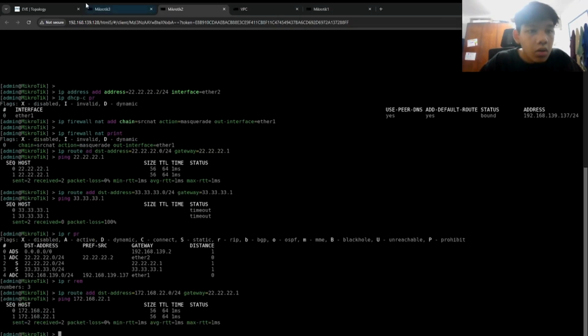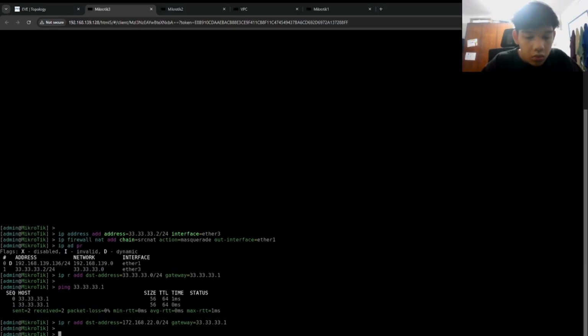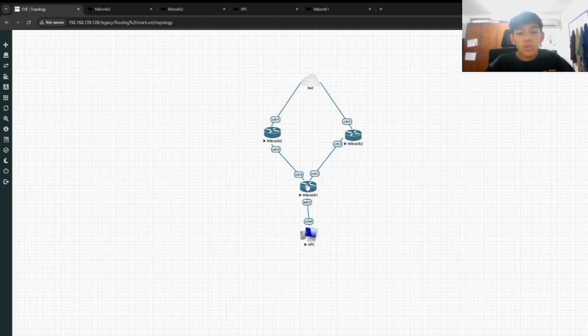Yep, it can. And then IP route add destination address, and then gateway, and then you just ping the IP again. Yep, it can. So we go back to this router.